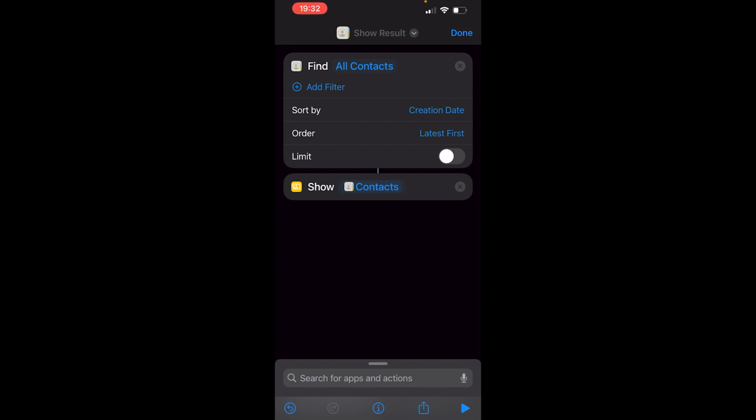Now with all of that added, if yours looks like this, creation date, latest first, and show contacts, click on the play button in the top right hand corner and it will show you all of your contacts with the latest one being first. So I had to blur out my contacts for the video, but you can see test for video is the contact I added for this video, and you can see it's the most recent contact, followed by Bradley Harrison 180, which is